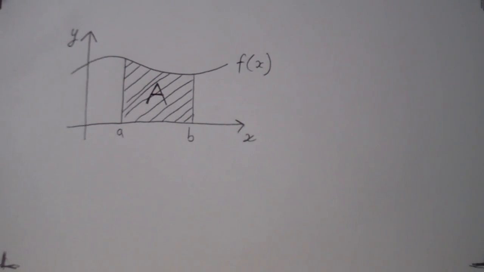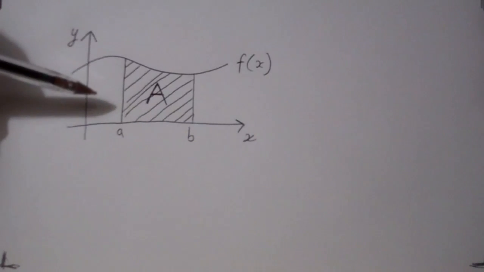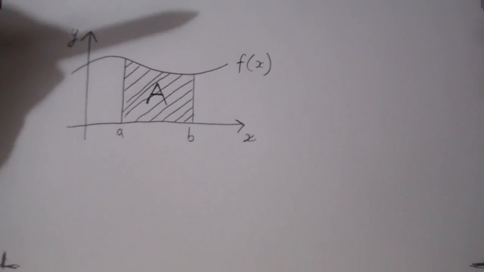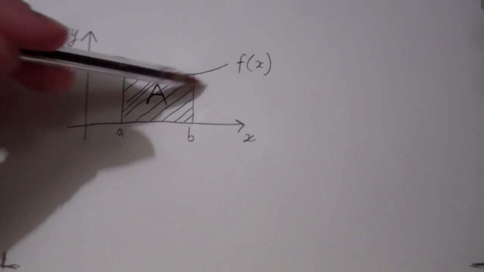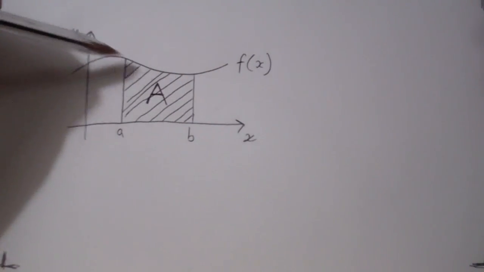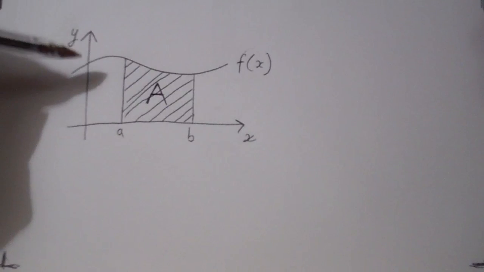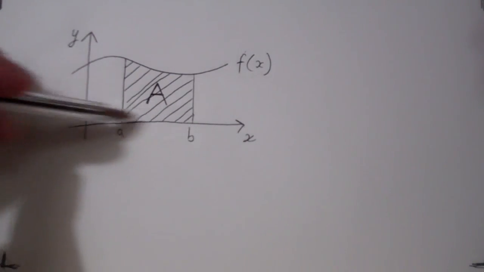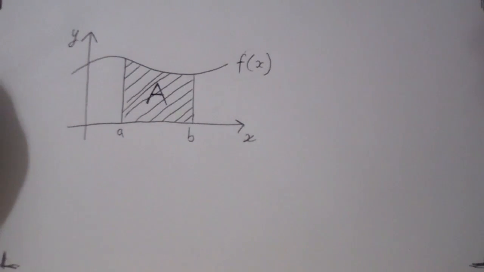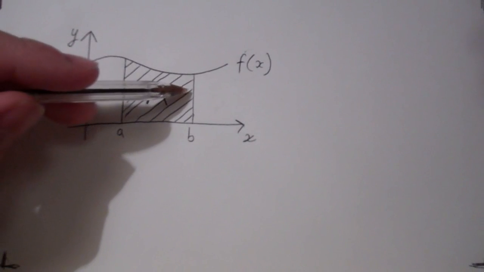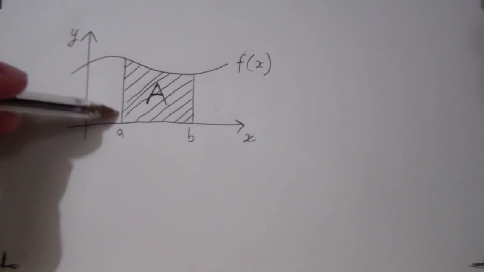Okay, so now we get down to what this integration, this definite integral stuff, is really all about. As you can see, I've got a graph drawn. The graph is the function f of x, it's a curve. f of x can be basically any function. And I've got my axes drawn in, x-axis, y-axis, and I've got an area shaded here, which is underneath the